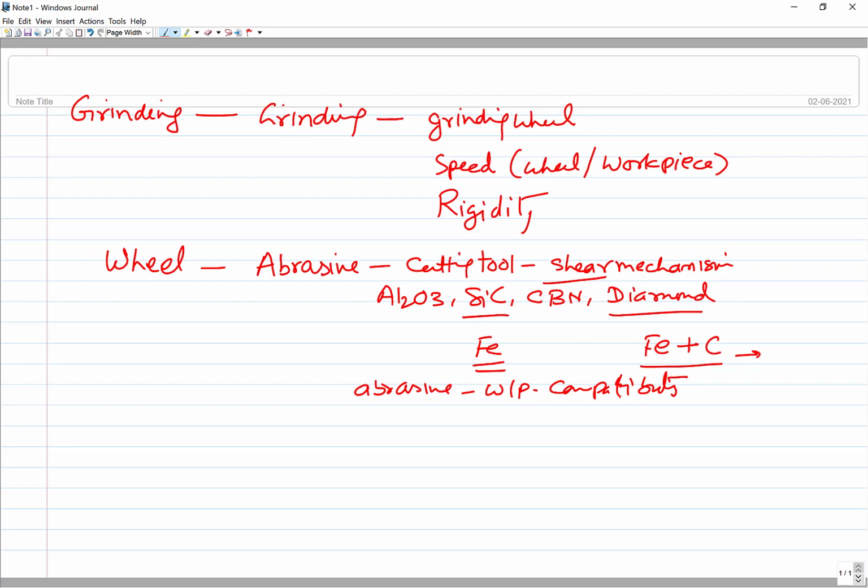Okay, and this is seen primarily in terms of chemical inertness. The abrasive and the workpiece must be chemically inert with respect to each other. Inertness, you can say. Okay, right. So this is